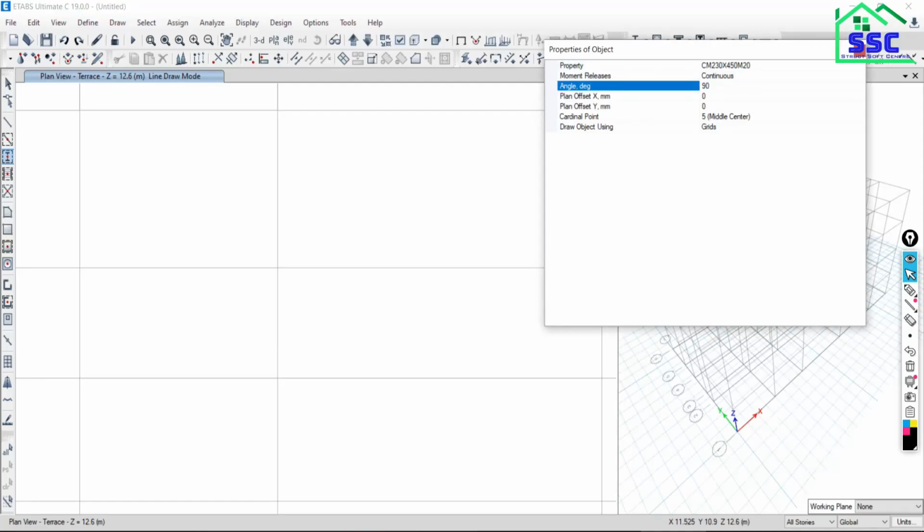It looks horizontal, but click over the point and the orientation will be vertical. If you want it horizontal, make it 0 again. So this is the angle: by what angle you want to model your column. Suppose just put it as 30.